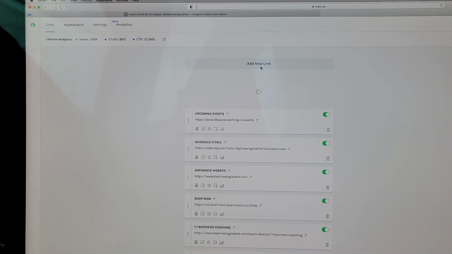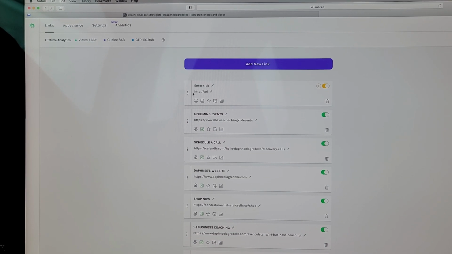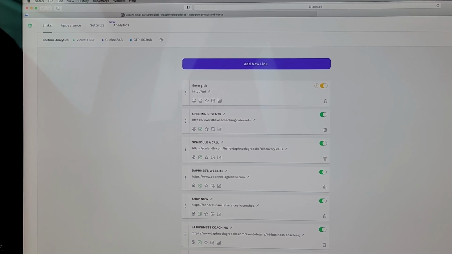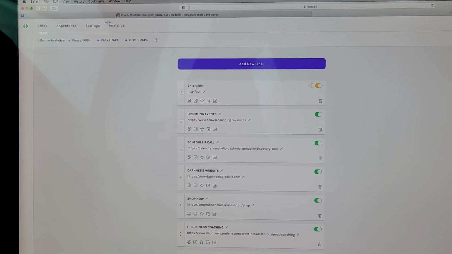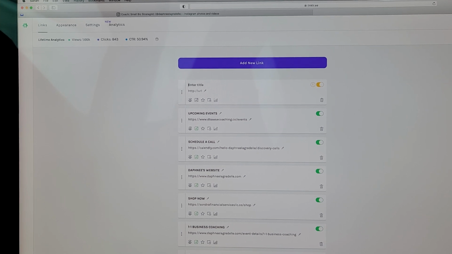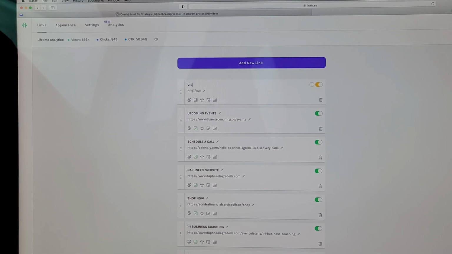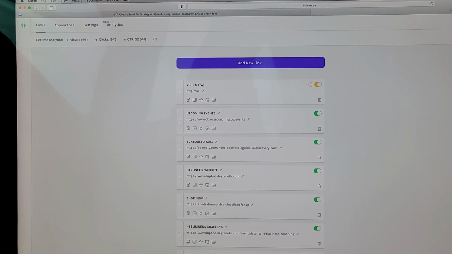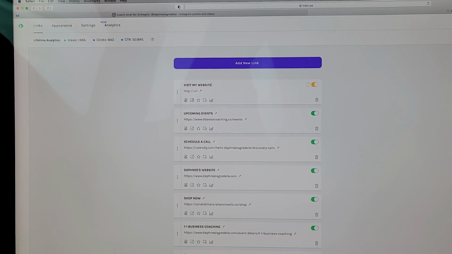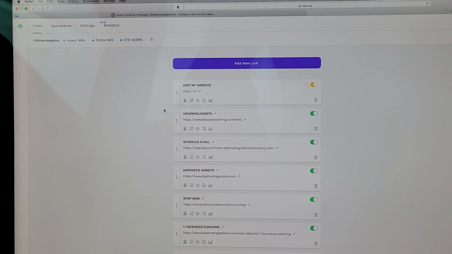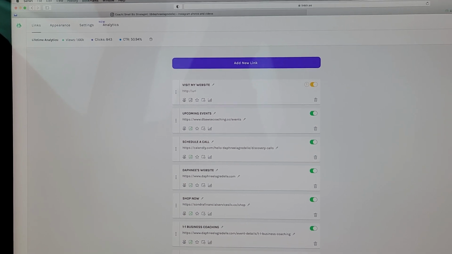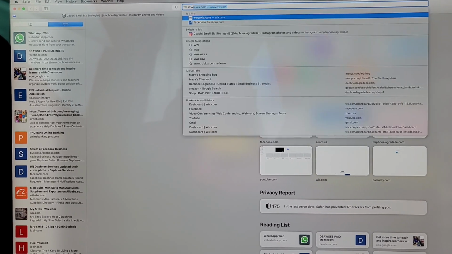Let's say you go ahead and add a link, and let's say we're adding your website on Linktree. You can just say "visit my website," or you can call it however you want. Then you go to your website, like I'm going to my website,